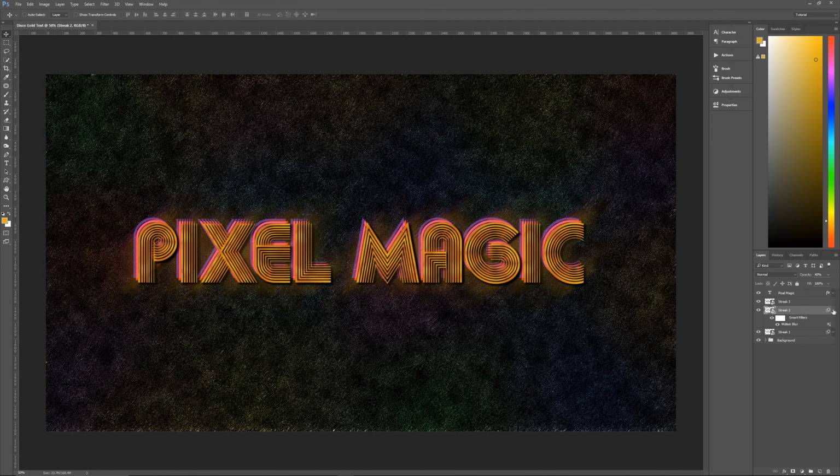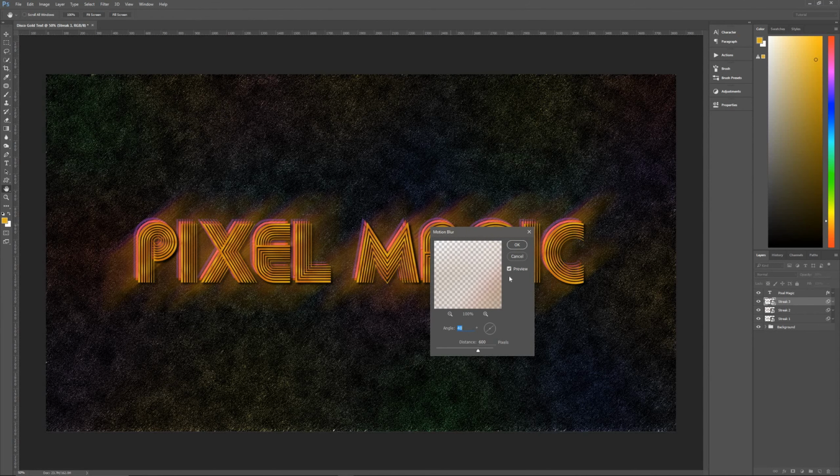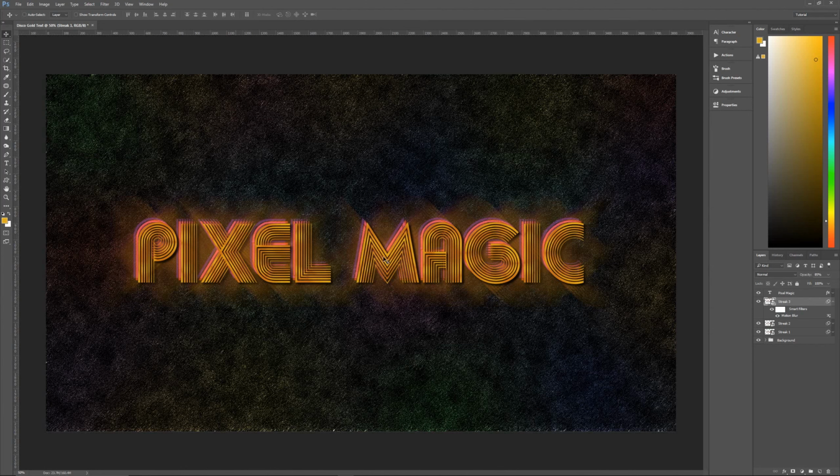And then for Streak 3, we are going to use Filter, Blur, Motion Blur, and then we are going to make the angle negative 45, and the distance that we're using is going to be 450 pixels. Hit OK, and as you can see, we now have this disco kind of blurry